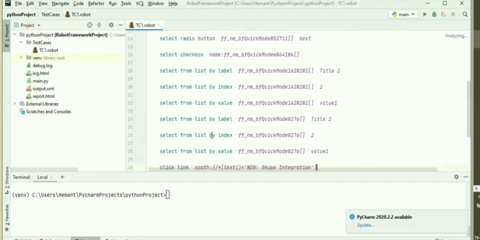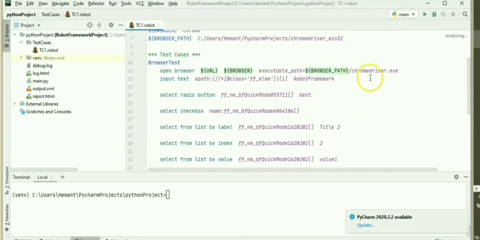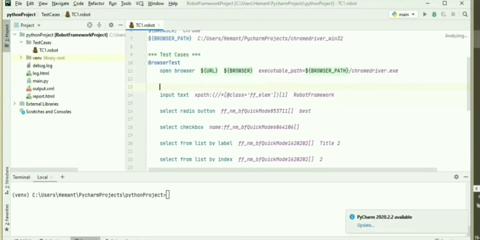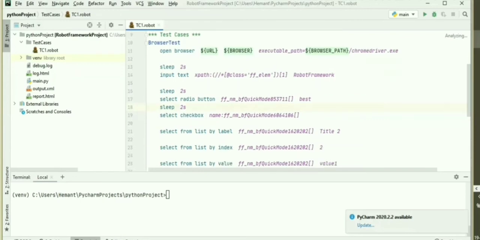Okay, so guys, these actions will be performed in a very quick, very fast manner. First of all I need to maximize the window. Before this I can add one sleep command here so that we can make some gap, some pause, so that we can easily see all the changes occurring here.